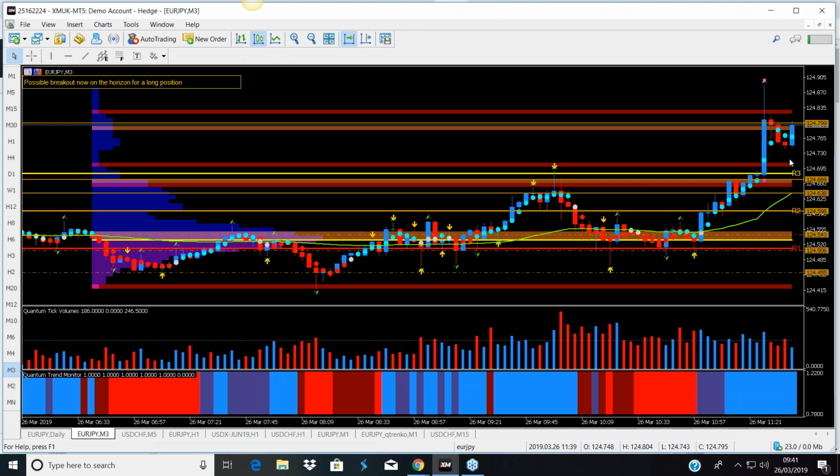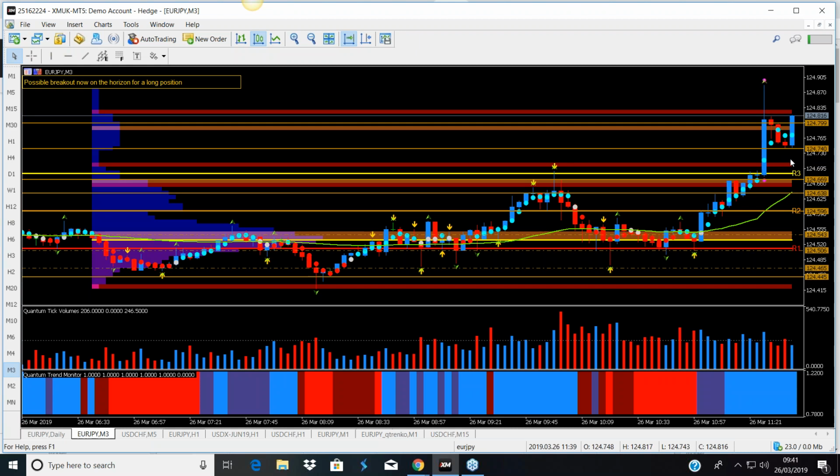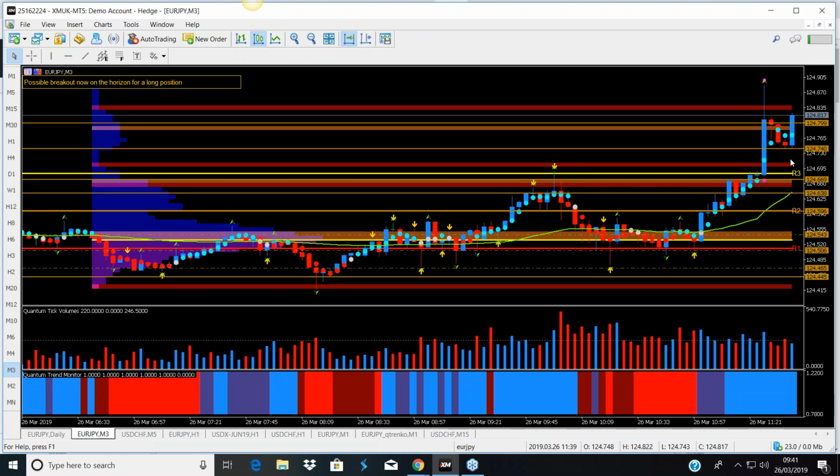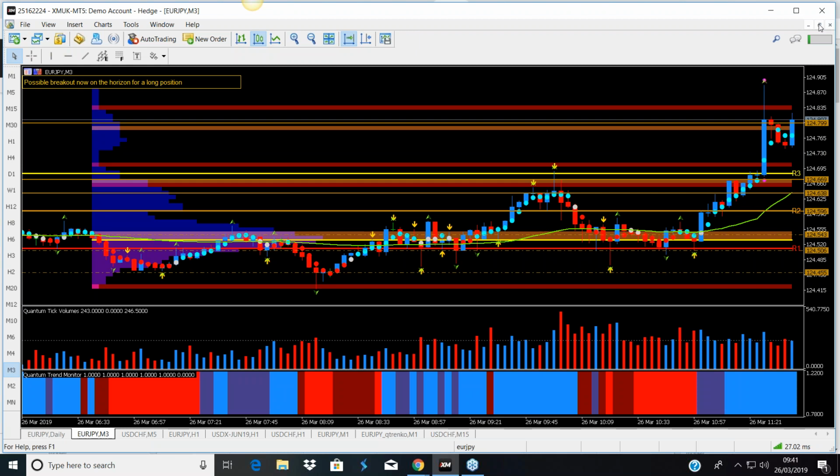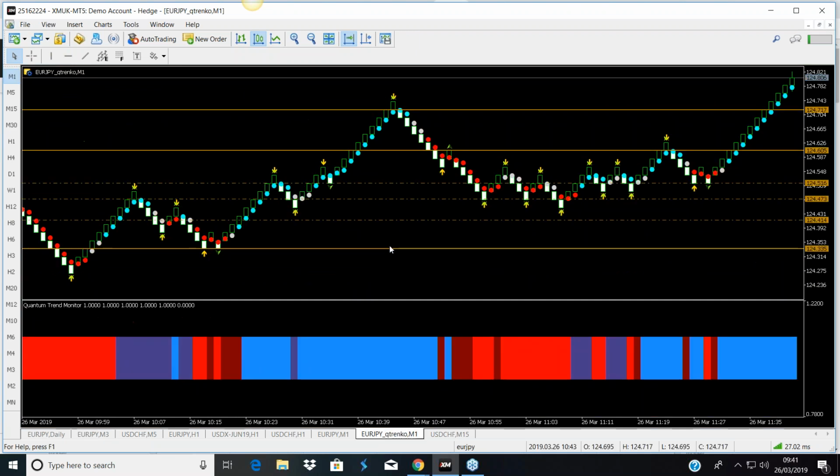But if you look at it through the prism of VPA, and you look at how the Renko works, the VPA under those 3 candles, and what the Renko is signaling, the Renko is actually still saying, yeah, it's awfully interesting. There's been a pullback, but it doesn't sense that there is an imminent reversal. The trend dots are still blue. The monitor is still blue.